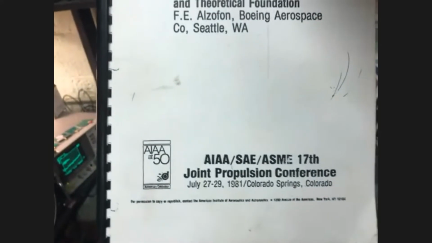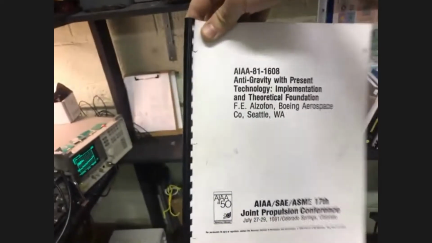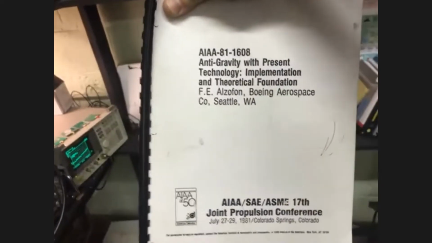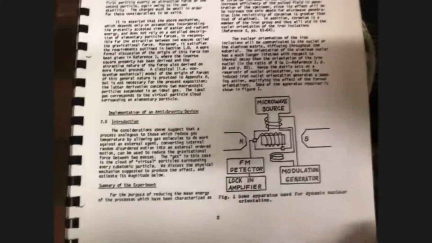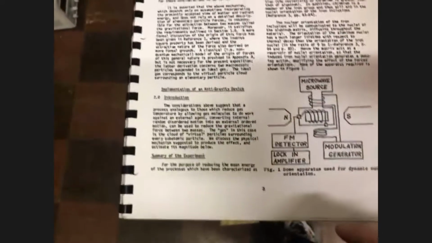And this was published in 1981, and it's a peer-reviewed paper. It goes over his whole theory and his experiment, and the experiment is laid out here, I think on the 3rd or 4th page. Oh, here it is. Yeah, it's basically the same thing, but instead of having a pulsed microwave source like we have, they were using a steady microwave source, and they had a little modulating coil to take care of that. And that's the homogeneous magnetic field.